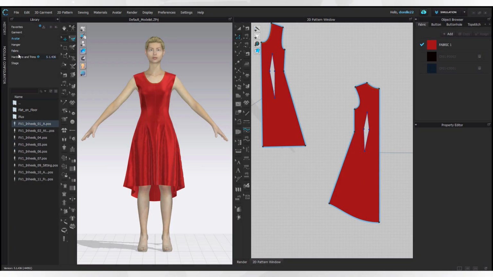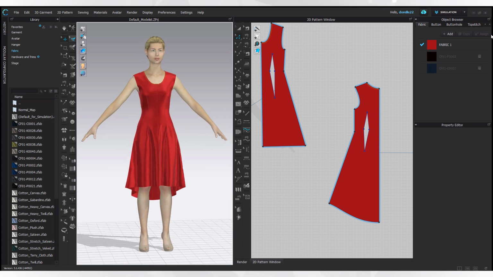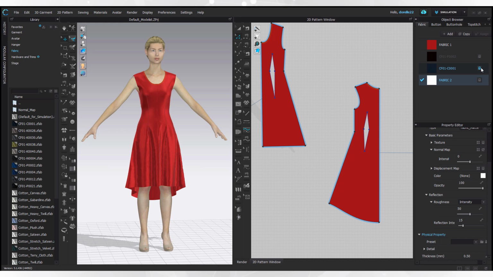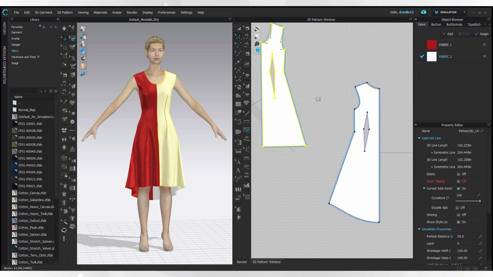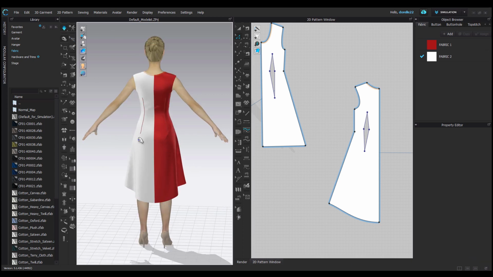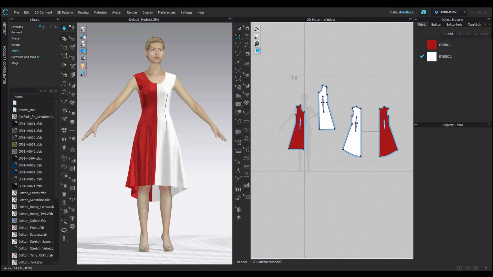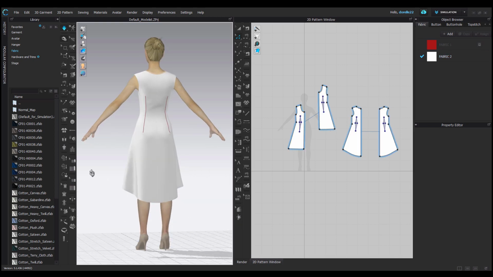Okay, so the next tip is about fabrics. So back to our little shift dress, which I modified just a little bit. I'm going to delete these fabrics that were here that I was playing around with, and we're just going to use one fabric. We're going to focus on left side to right so you can see the difference in the drape, and how the default fabric on the left reacts differently from the fabric on the right.